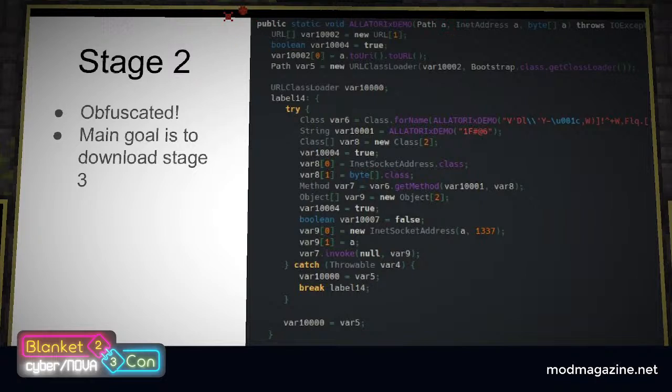Like the stages before it, stage 2 downloads another payload and saves it to your computer. The protocol to download stage 3 also has a knocking process that was used for the stage 2 download, but with one minor difference. Instead of sending a 1 to the instance, a 0 is sent this time instead. At the end of the process, as far as we know, stage 3 would have been downloaded. Unfortunately, no one working on reverse engineering managed to get a hold of stage 3 at this point, so this is all we knew. This is because stage 2 and stage 3 were hosted at the exact same address.